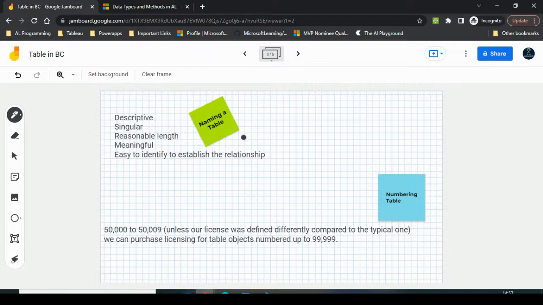And if you want to name a table, that should be descriptive. Okay, if you want to store the customer data, you should not name it as Cus, because this is not a very descriptive name. Okay, it should be Customer. It should be singular, and it should be of reasonable length. For example, if I want to create a table Customer, I should not store it like